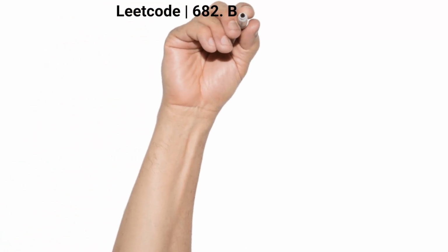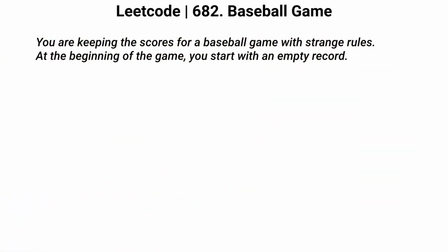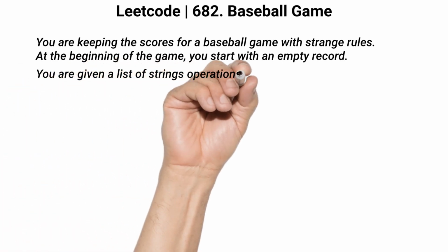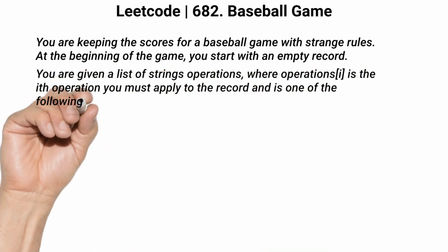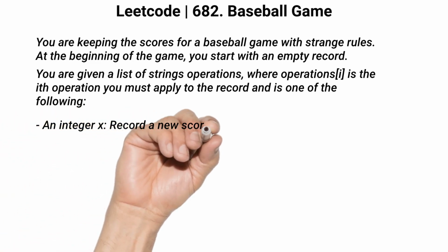LeetCode problem 682, Baseball Game. You're keeping the score of a baseball game with strange rules. At the beginning of the game you start with an empty record. You are given a list of string operations where operations[i] is the ith operation you must apply to the